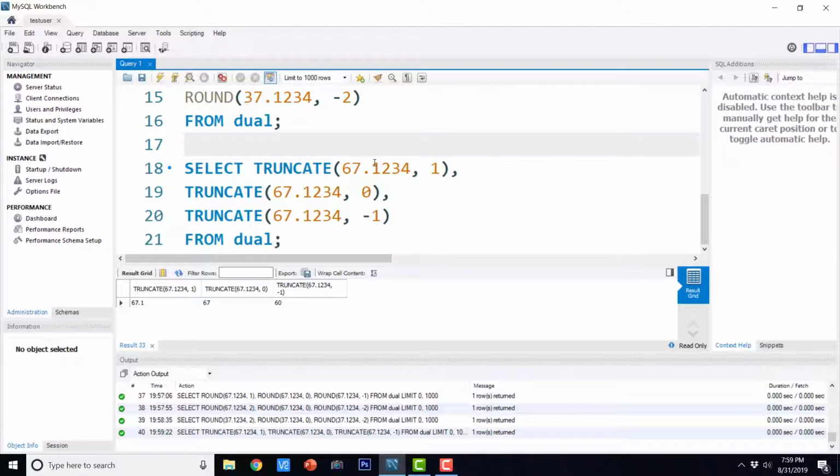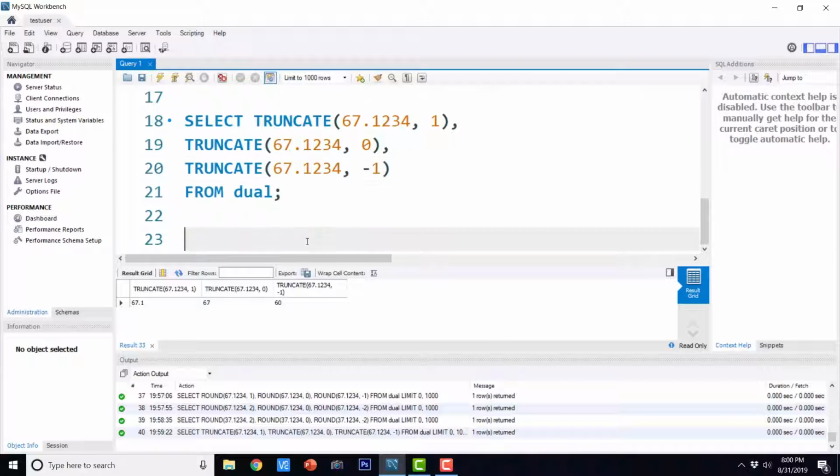Truncating means we are truncating it before or after the decimal point depending on the argument that we are passing in the second position. Here we are simply chopping off the rest of the 3 characters because it says 1, so 1 point after the decimal. Similarly, 0 means everything after the decimal will be truncated, and minus 1 means everything before the decimal will be truncated.